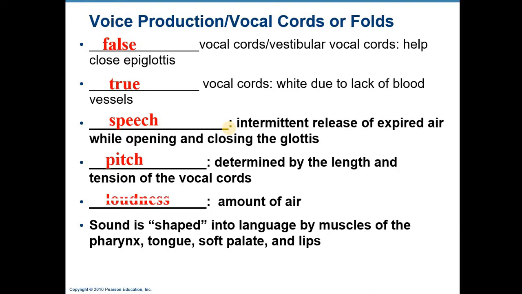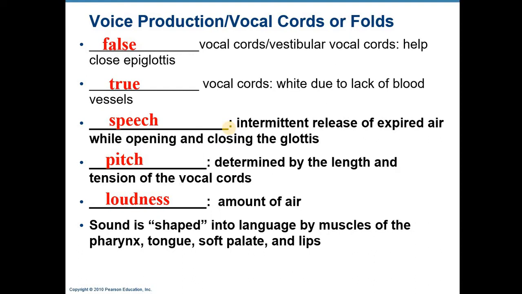So for voice production, allowing for speech, you have your false vocal cords, which would be your vestibular vocal cords, and they help with closing the epiglottis. You also have your true vocal cords. They're white due to the lack of blood vessels, and they actually vibrate as air comes up from the lungs through the glottis. Epi means above, so the epiglottis sits above the glottis. The actual hole is the glottis that air moves through. It acts as a sphincter to prevent